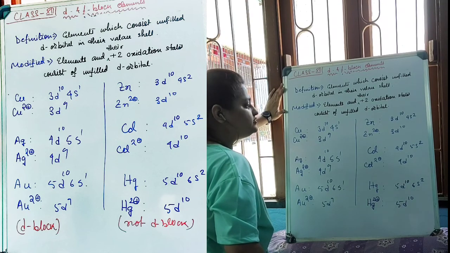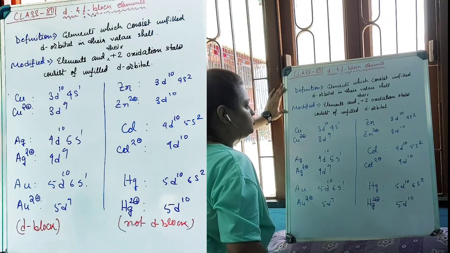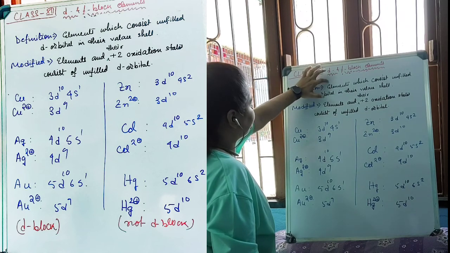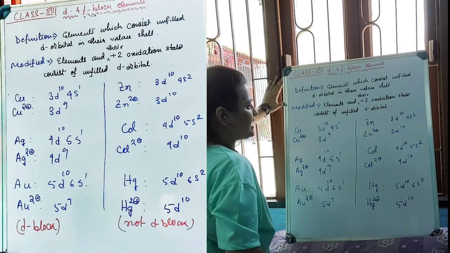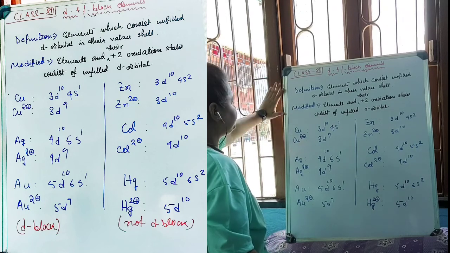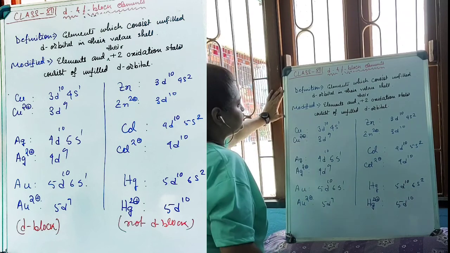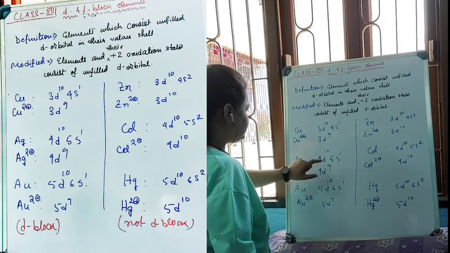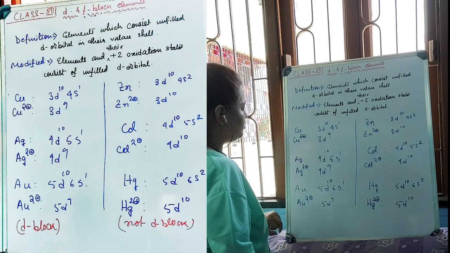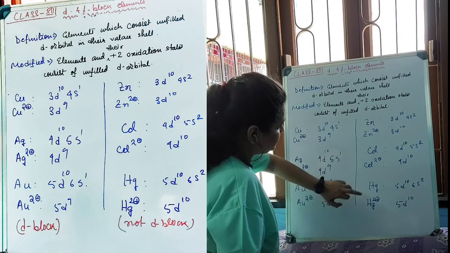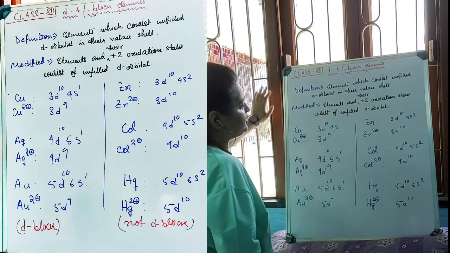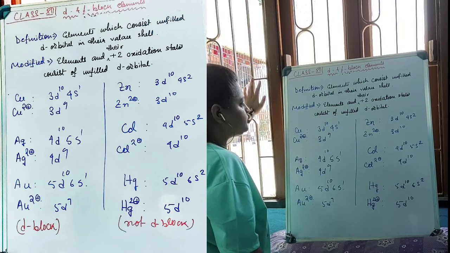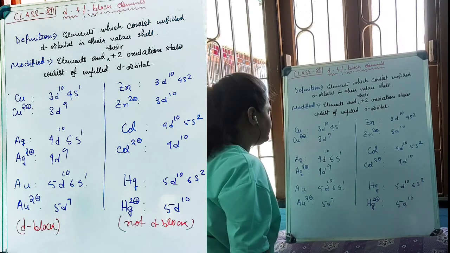Now, in previous years, the basic definition for the d block elements was that the elements which consist of an unfilled d orbital were the only ones considered to be d block elements. If this definition is taken to be true, then copper in its neutral form has a filled d orbital, as do silver, gold, zinc, cadmium and mercury. By definition, these should not be considered d block elements.